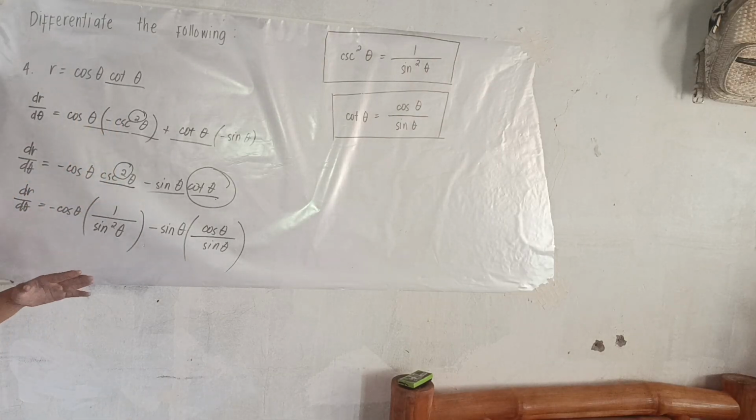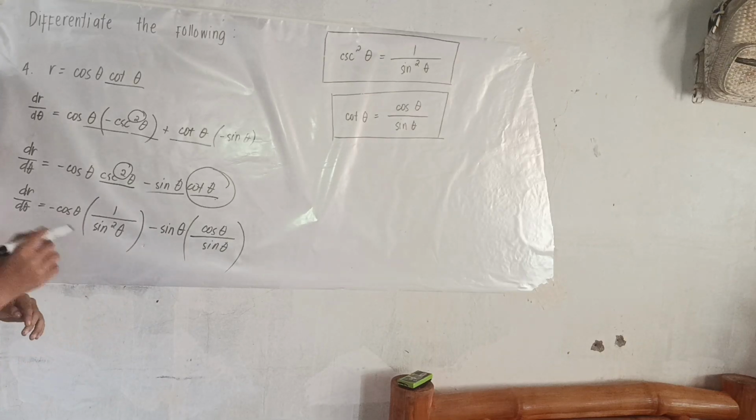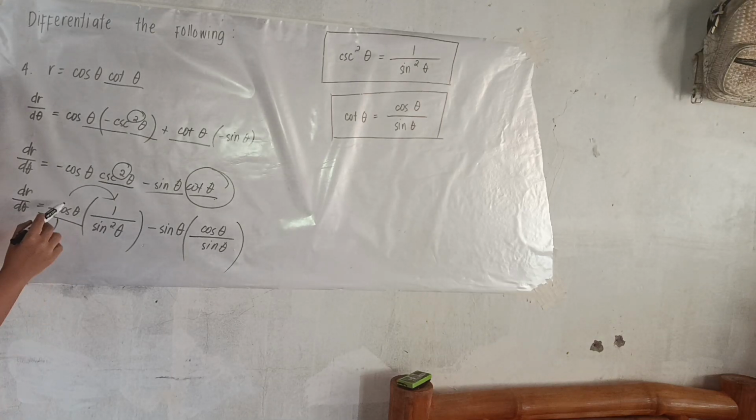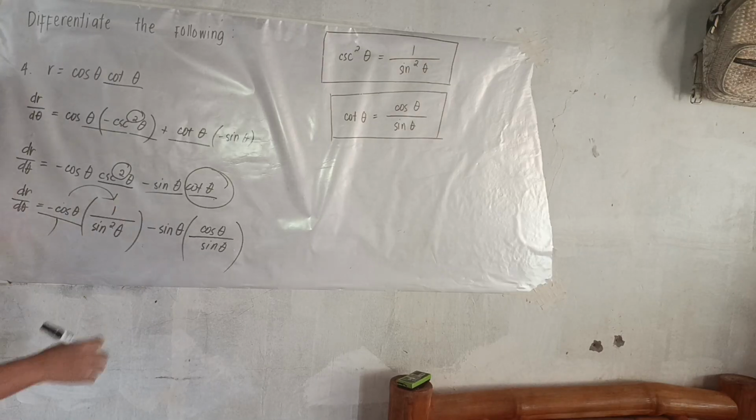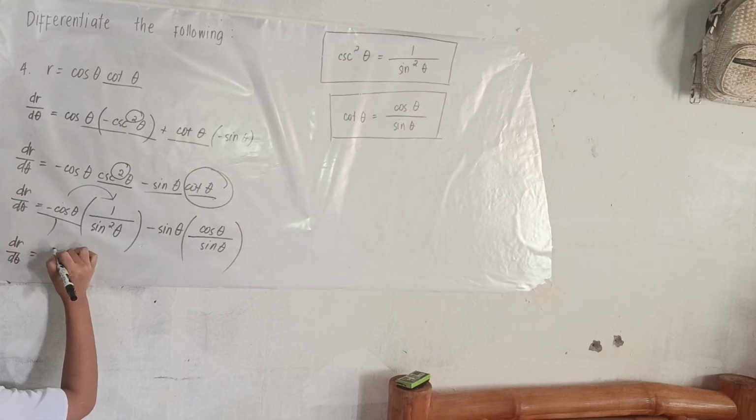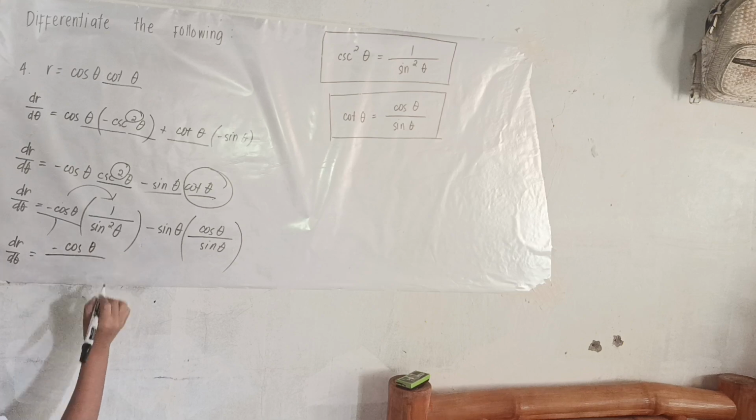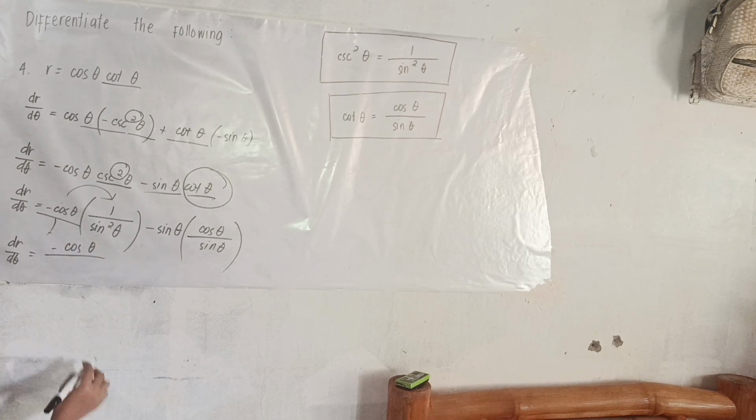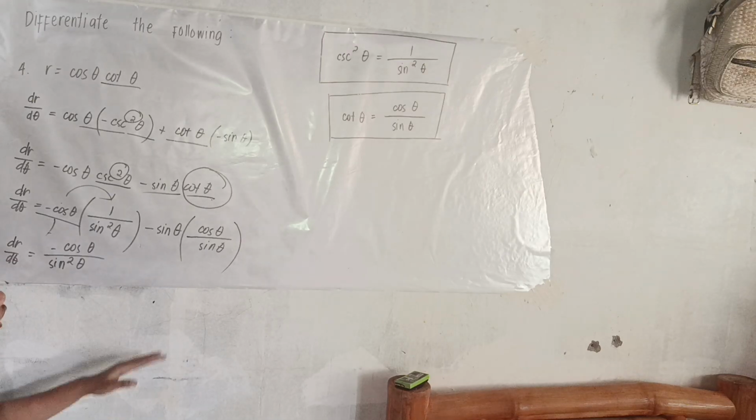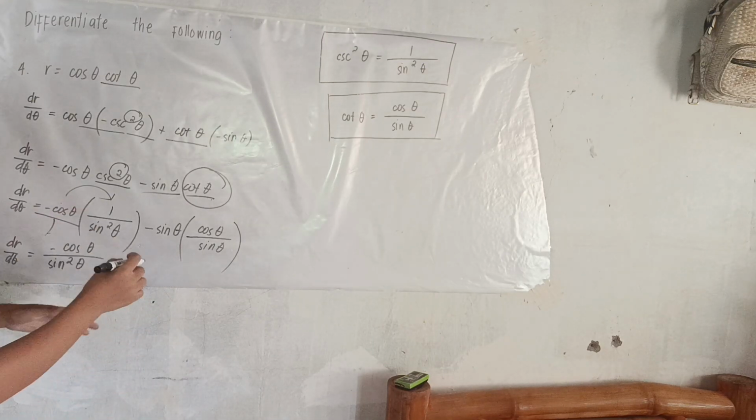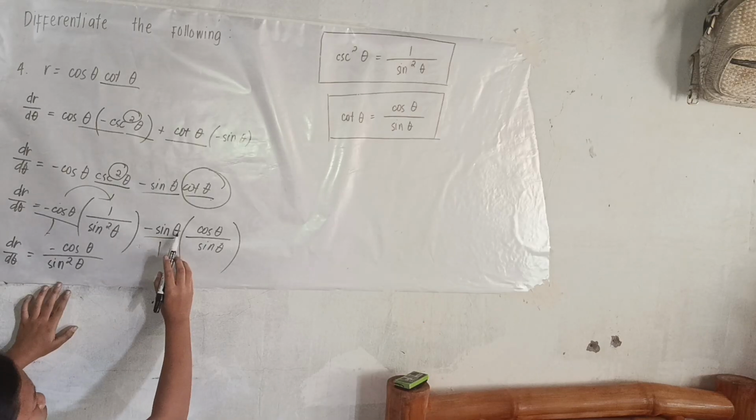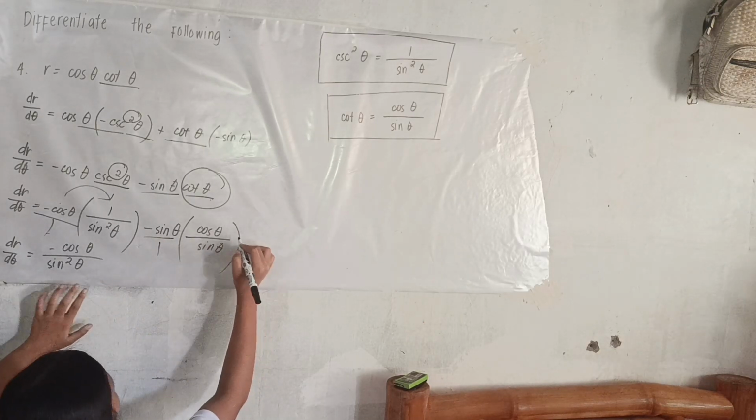Now we simplify. We can multiply, putting each over 1. Numerator times numerator: negative cos theta times 1 is simply negative cos theta, all over 1 times sine squared theta, which is simply sine squared theta. Then for the second term, we multiply too, putting it over 1. Negative sine theta times cos theta is equal to